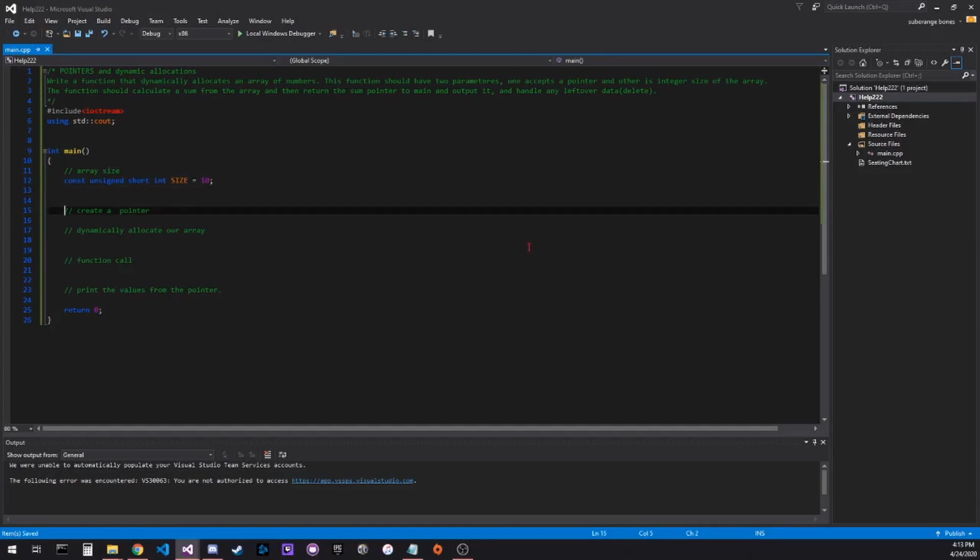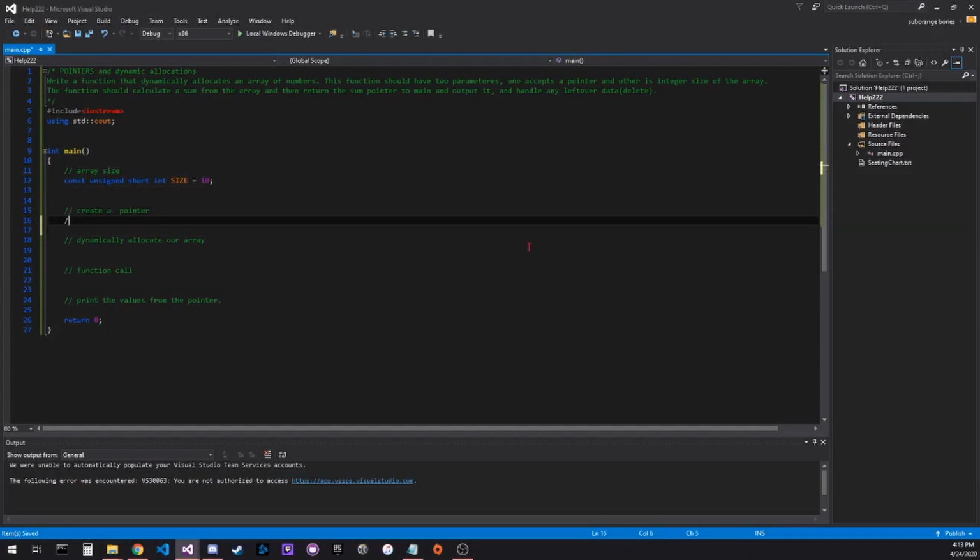Okay, so now we want to start creating a pointer. This is where the declaration of a pointer comes into play. This is how you declare a pointer. Alright, so we're going to go ahead and